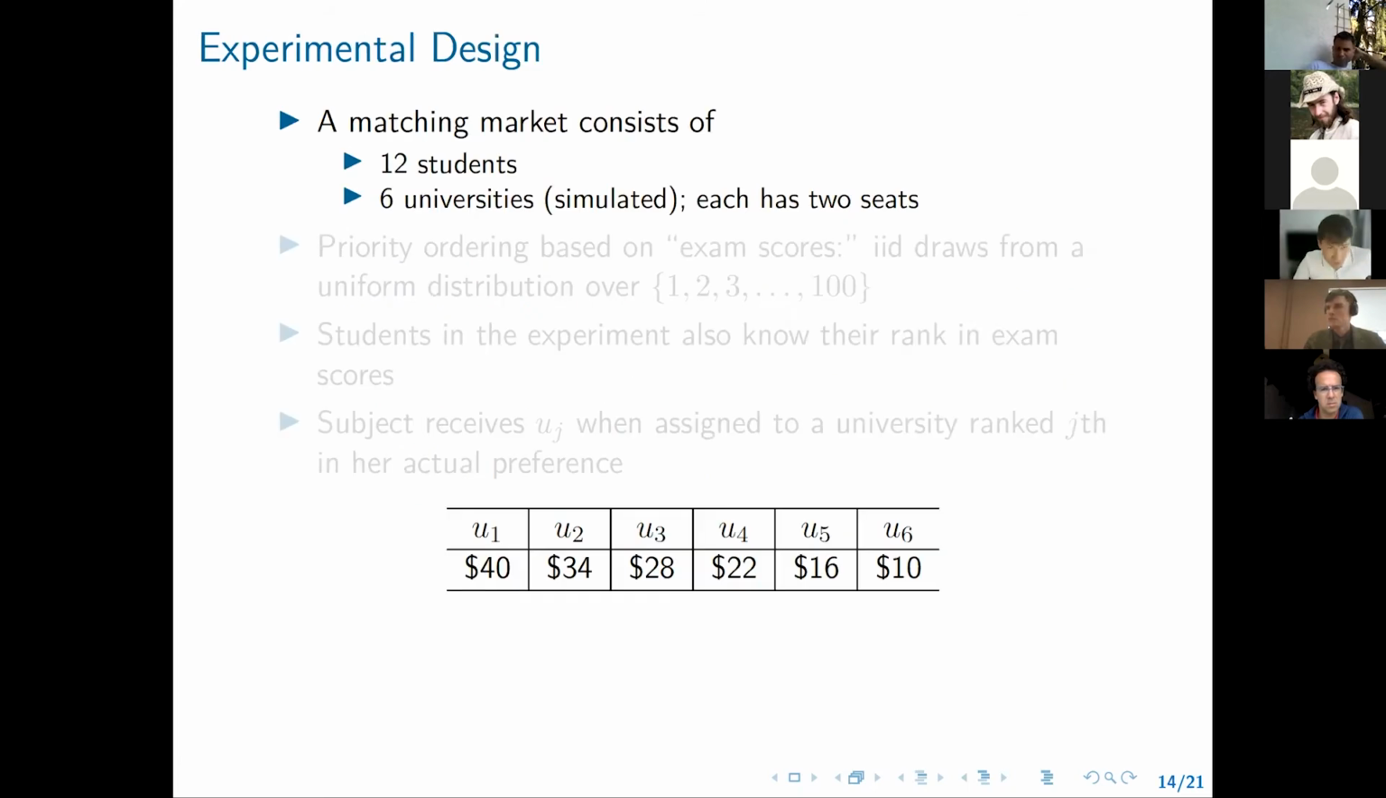So we test this in the experiment for several reasons. First of all, because the cutoffs predictions are very weak, and we don't